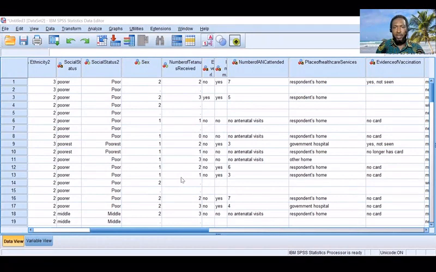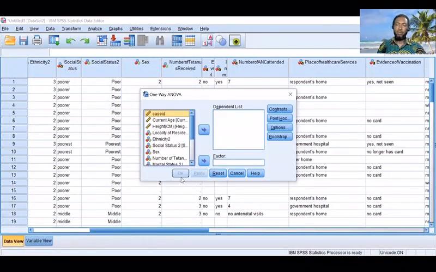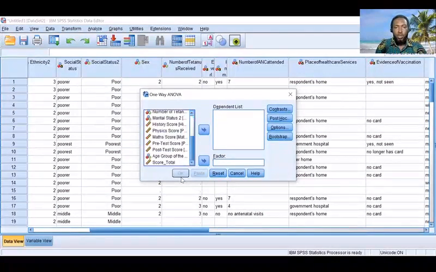So compare means, the last one is one-way ANOVA. Like I explained, one-way ANOVA means just looking at one variable with more than 2 categories or levels. Okay, more than 2 levels. So here, let's look at scores, maybe math or physics scores as the dependent variable, that's the outcome variable, and you want to see how these scores compare across